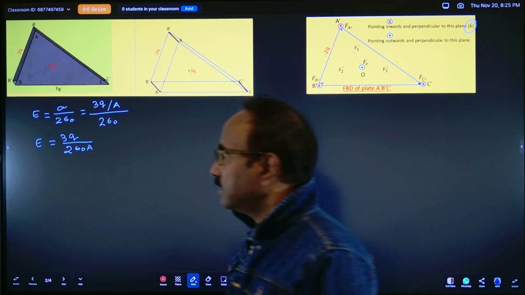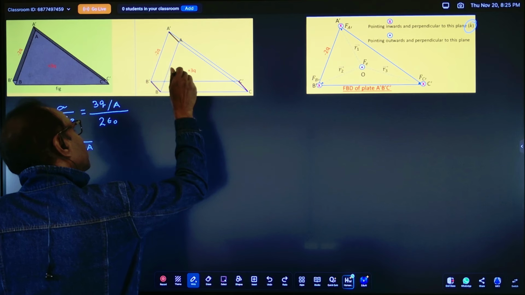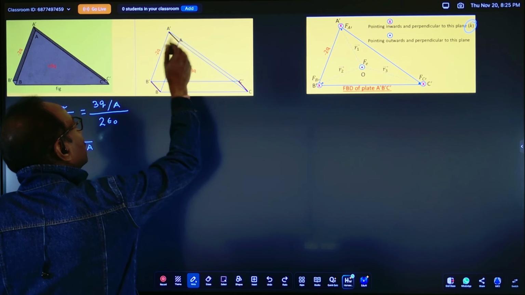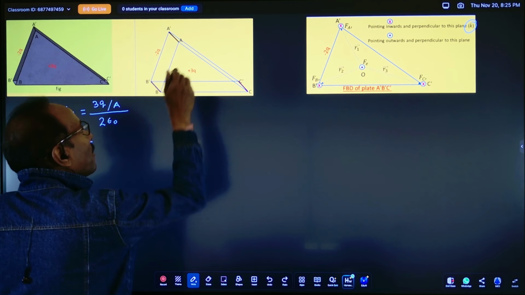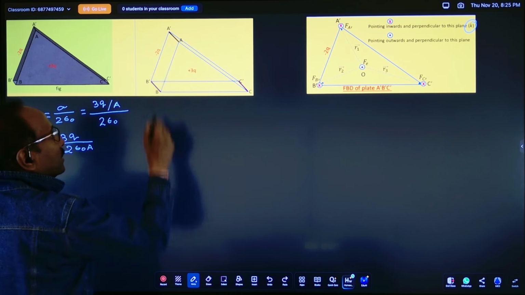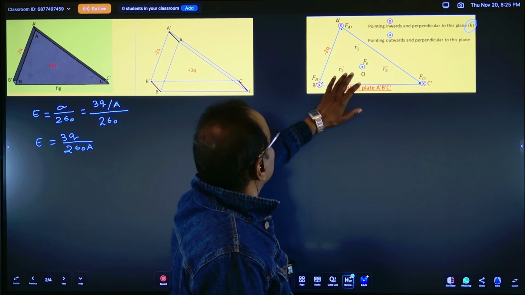So the direction will be inward to the plane of ABC and A prime B prime C prime and perpendicular to it. So that has been shown as